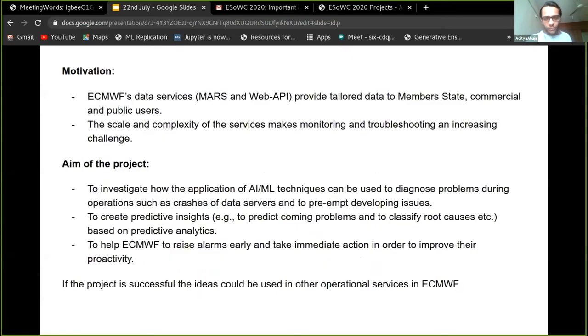So coming to the main motivation behind the project, why is this even important? ECMWF's Mars servers handle millions of requests every day and serve several terabytes of data. Given the large scale and distributed nature of these requests, manually monitoring these systems for failure is difficult. Considering the sheer stream of requests, even a few minutes of downtime can be very expensive. So through this project, we aim to explore how we can use machine learning to predict and diagnose such events, such as downtimes, which might delay our services.